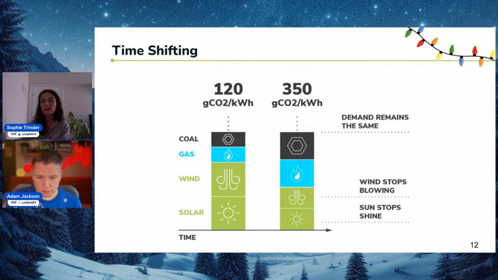So sticking with the same example in the home, this could be like setting your dishwasher to run in the middle of the night, where the carbon intensity of the grid could be better. Many energy suppliers have already started encouraging their consumers to time shift their demand through different priced tariffs at different times of the day. Most simply, this is the Economy 7 day and night tariffs, but it does get more accurate once consumers have a smart meter installed.